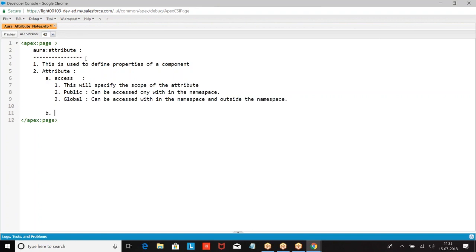Then we have name. It is a string. This will specify the name of the attribute.